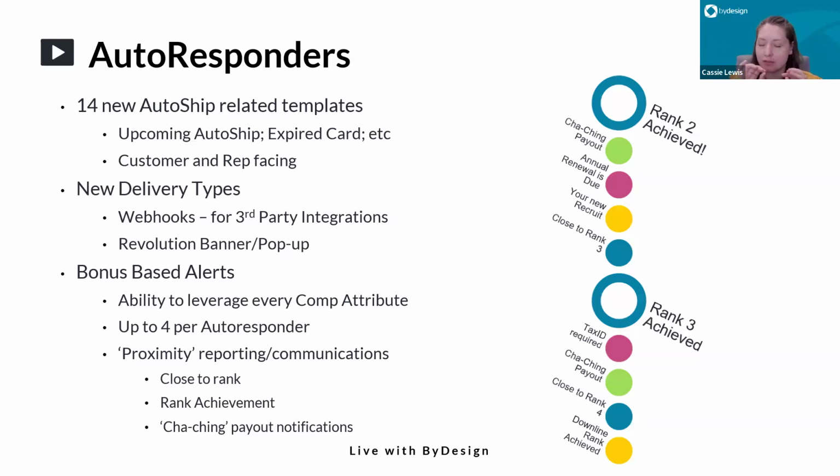Okay, so these are all just examples of what is possible, but autoresponders are one of the most powerful tools we have available. You can leverage any comp attribute that is in the system. It's great for proximity reporting, recognition, motivation, and now you literally can send it in so many different ways that you can make sure that you're reaching your reps and that they're actually seeing and consuming these autoresponders so that you're getting the benefit that you were hoping to get from those. Again, it's self-service, everything's configurable, but it is something that we can help you with if you want some assistance